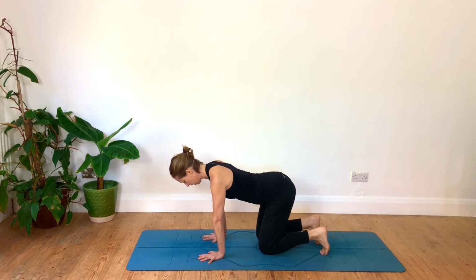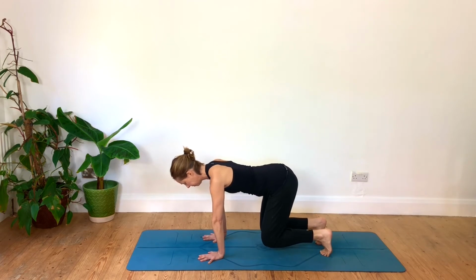And when you're ready, pushing through your hands, float your knees an inch or two off the mat and hold. Find that sideways breath. And then we're going to count down slowly from 10. If 5 is enough, bring your knees down at 5. Otherwise, that's 10, 9, shoulders pulling away from ears, 8, concentrating on the breath, 7,